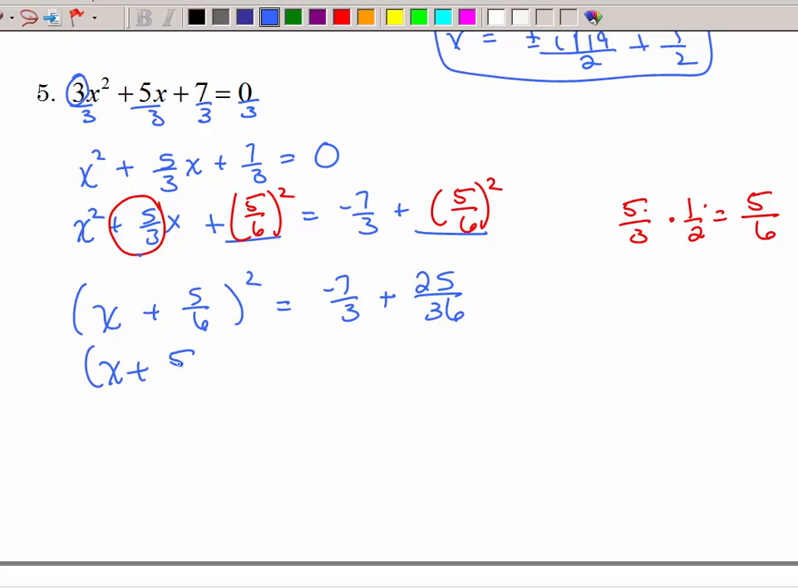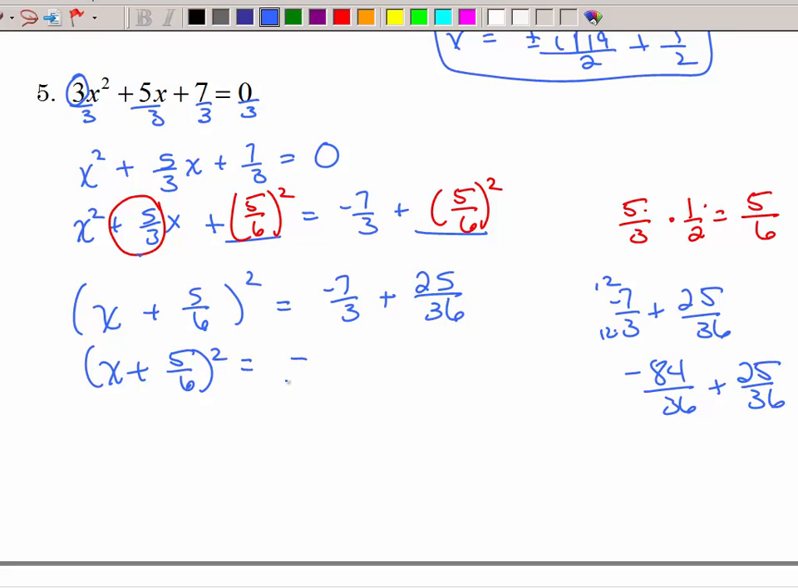And then we need to add those two fractions. So I'm going to come over here, negative 7/3 plus 25 over 36. I think I need to multiply this times 12. So that's negative 84 over 36 plus 25 over 36. I'm going to get another negative answer. Not all of yours will be negative, which means imaginary. So let's see, what is that? We have a negative 59, is that right? Over 36. Then we take the square root of both sides,